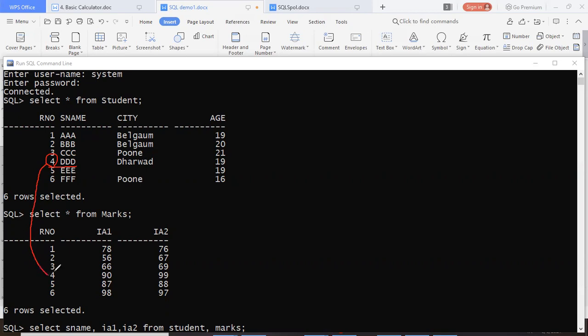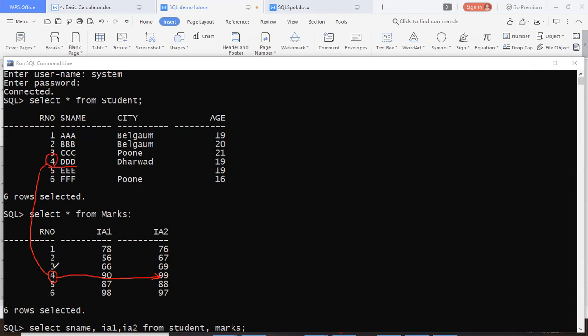internally you linked that roll number 4 to the marks table. And then you went to internal marks 2. And then you found out that it is 99. See, all this connection your brain has done. What was the connection made? First, you found out what is common in both the tables, that is roll number. You found out the roll number of DDD, because my question was, what are the IA2 marks of DDD?